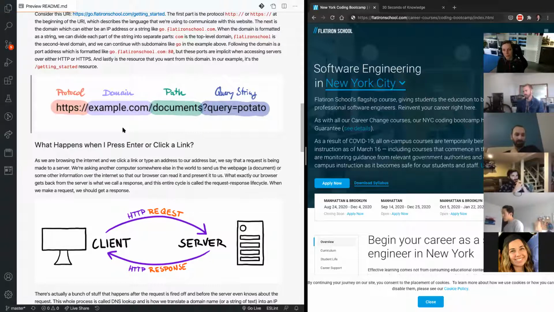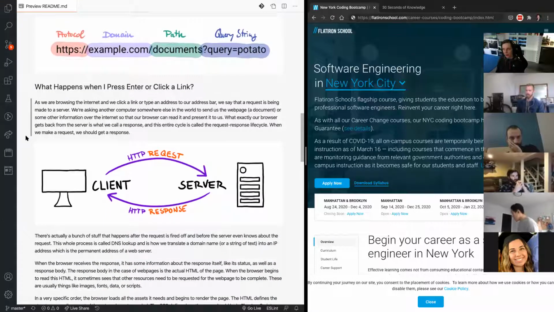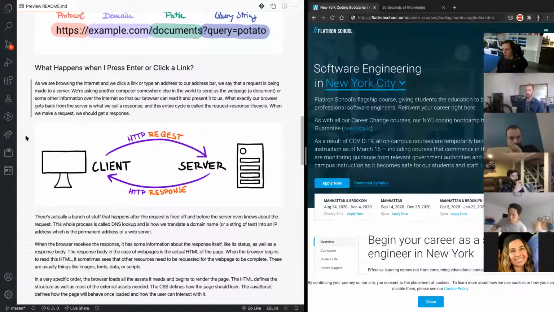Cool. Thanks. All right, let's talk a little bit about the request response cycle. This is a big one. We want to make sure that we understand this because this is something that you're already working with every day, whenever you're making some kind of request to a website. And you're going to be working with it a little bit more behind the scenes because you're going to be receiving and sending these requests.